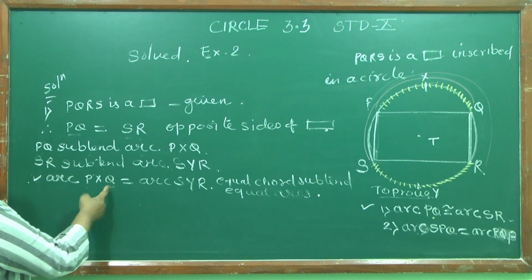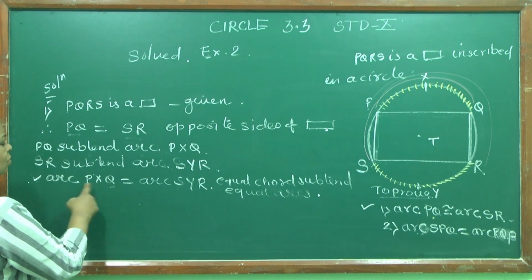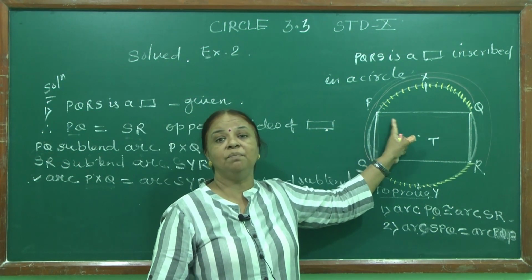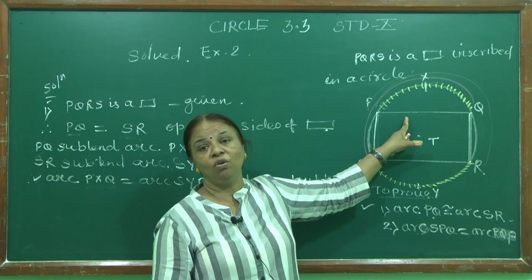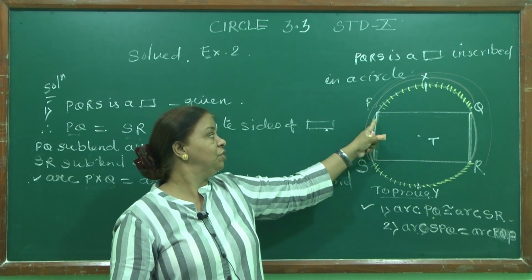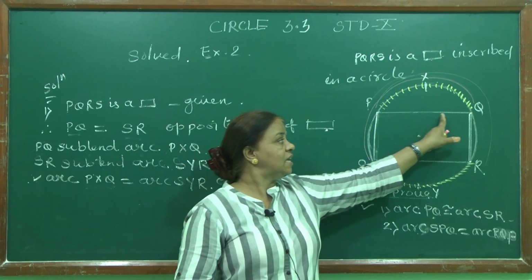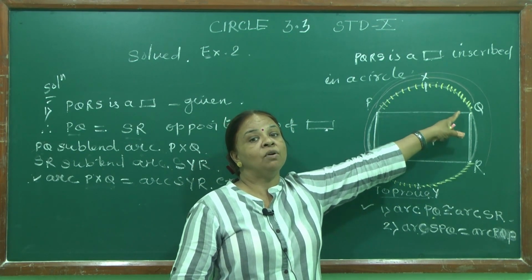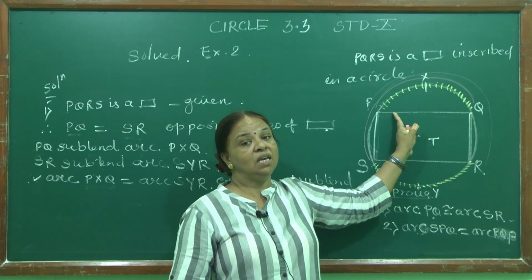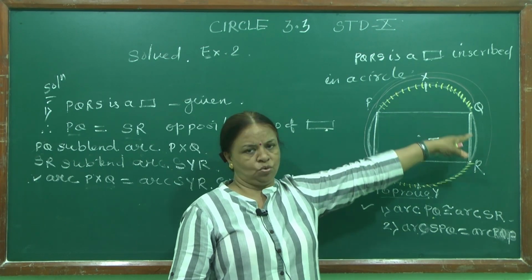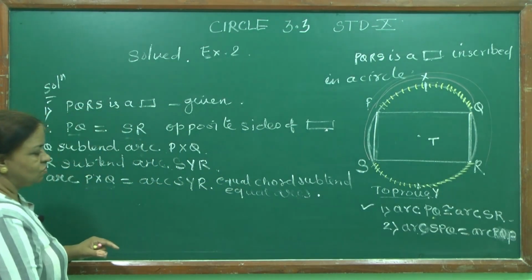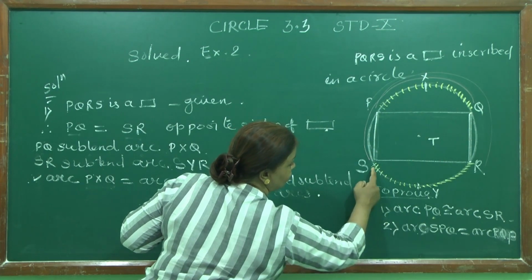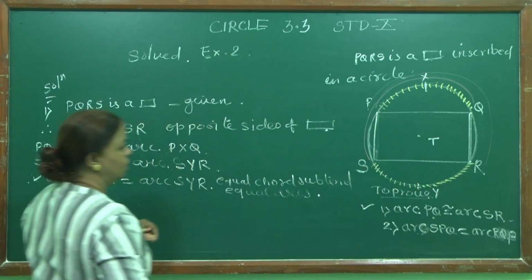Instead of PXQ, we can finally write PQ. Even if you don't write, no problem. For your convenience to understand, because every time we are taking the name PQ, children always get confused between which is the arc. See, this is the side PQ and this is the arc PXQ. So this arc can be named also as PYQ or PQ. Next is what you want to prove, arc SPQ is equal to RQP.